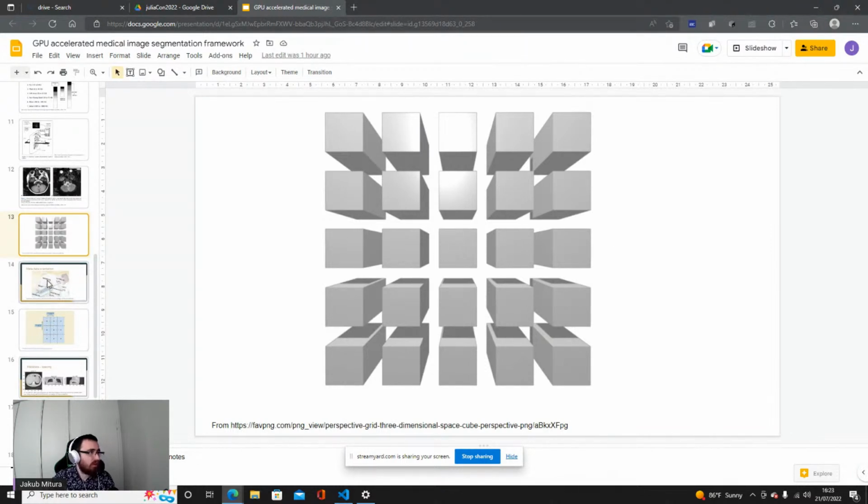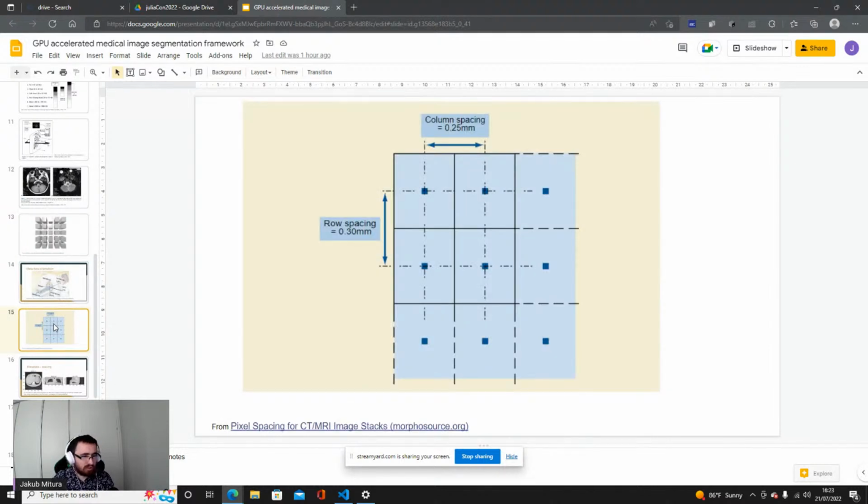In medical imaging, that's not always the case. The voxels have some dimensions in millimeters, so they can be tall and thin, or more square.